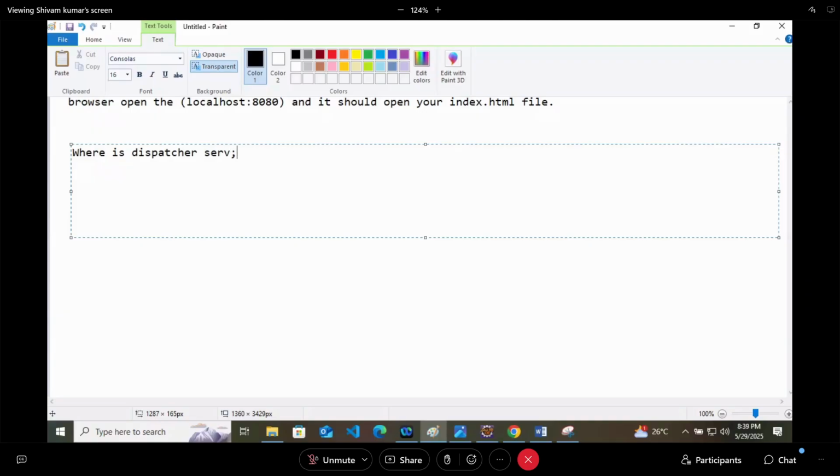Yes, where is dispatcher servlet, where is internal resource view resolver? Are you creating that somewhere? Answer is no. If we are not creating, then who is creating? Spring Boot itself. If it is creating, we should know about it.